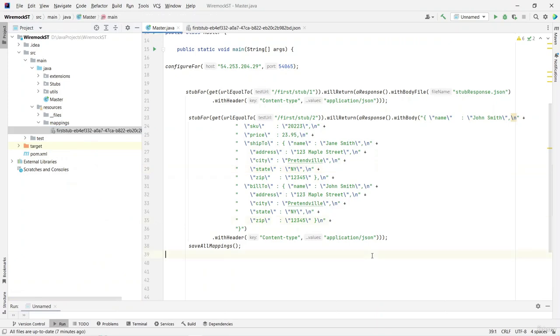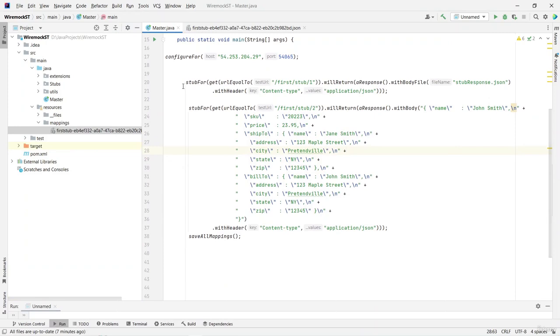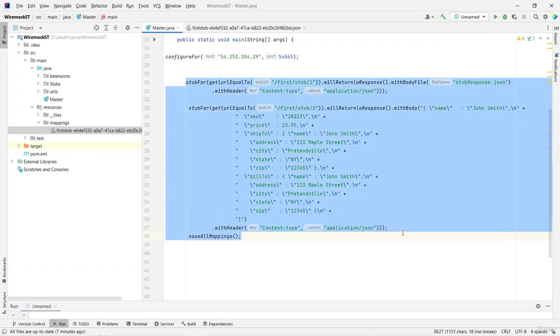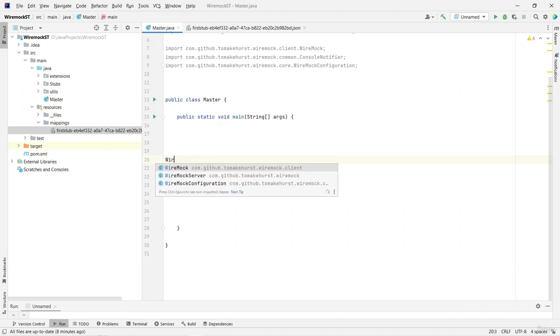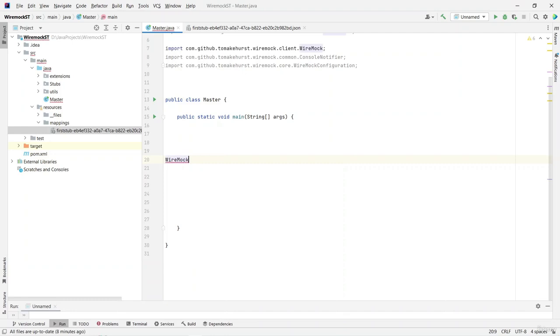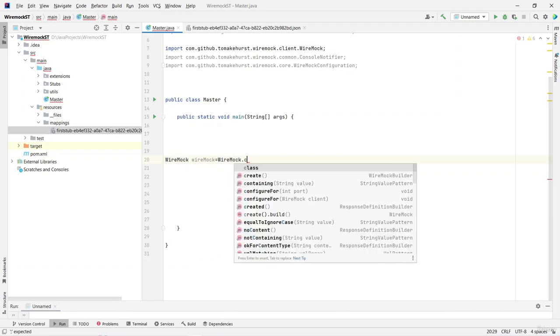We will understand this. This is also not required because we are just working with the existing mappings, right? You can even create a new project here to simply export the mapping. What we will do is create a Wiremock client class instance. We'll do wiremock dot create,